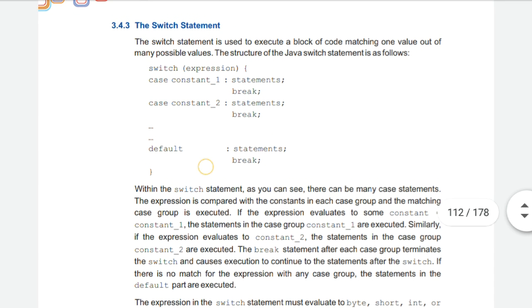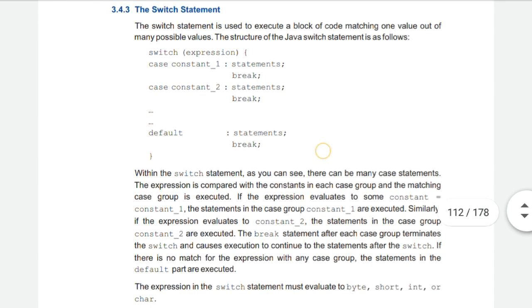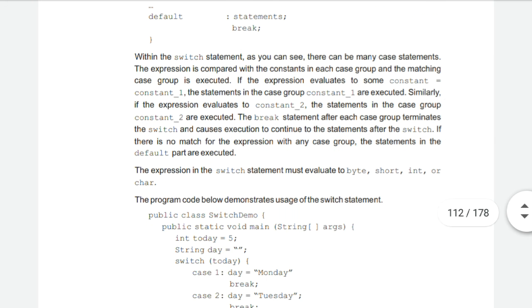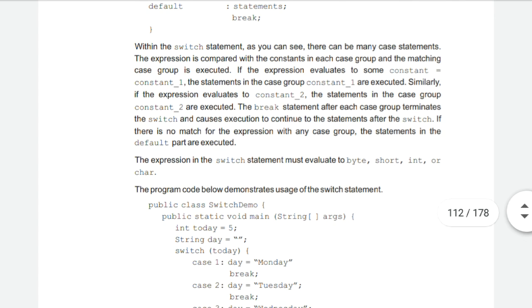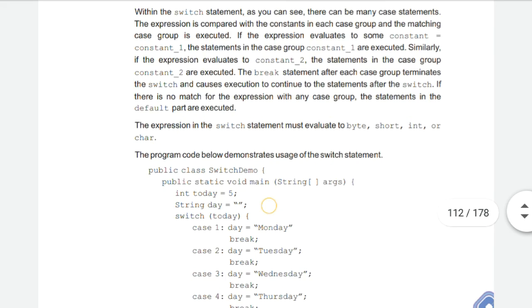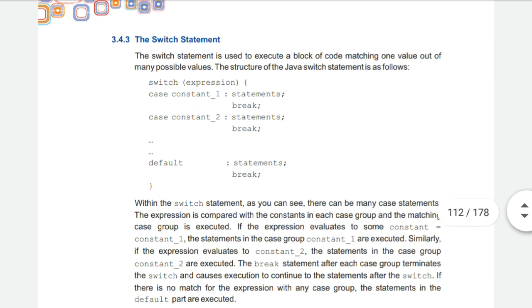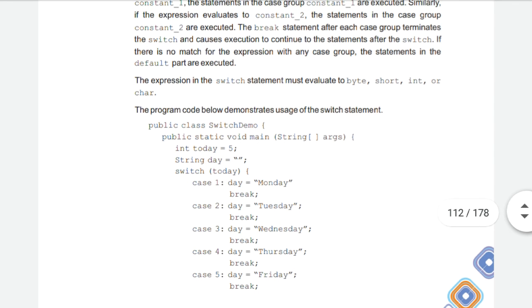The expression in the switch statement must evaluate to byte, short, int or char. It means the data types we use in these cases should evaluate to byte, short, int or char.